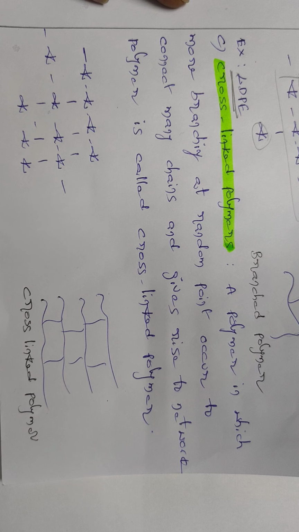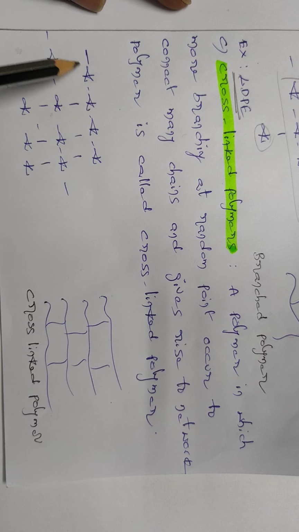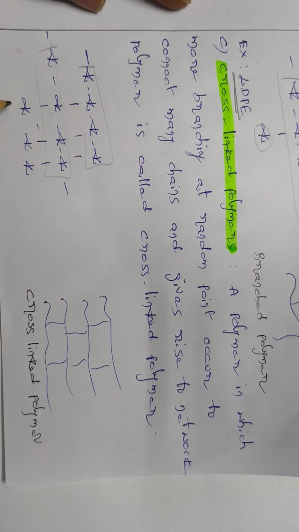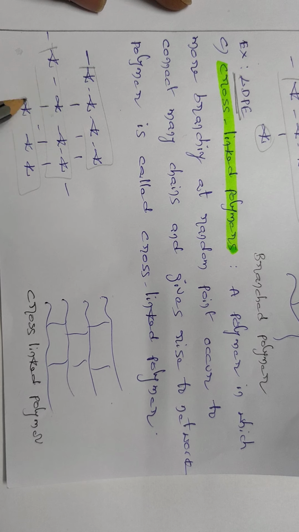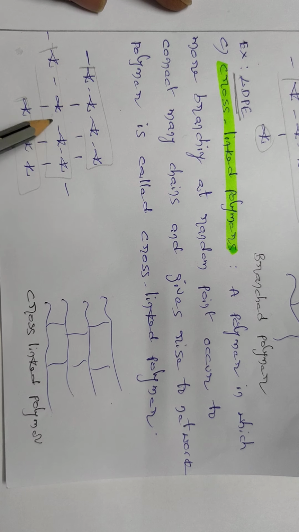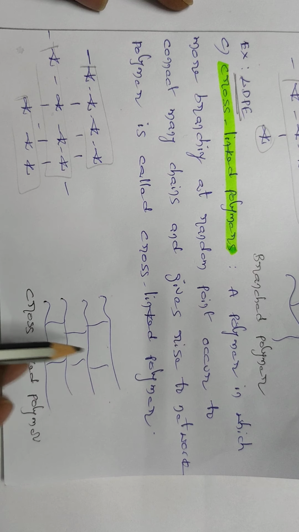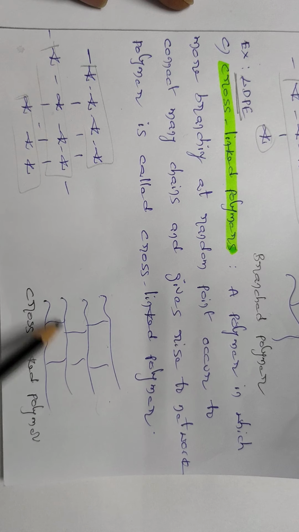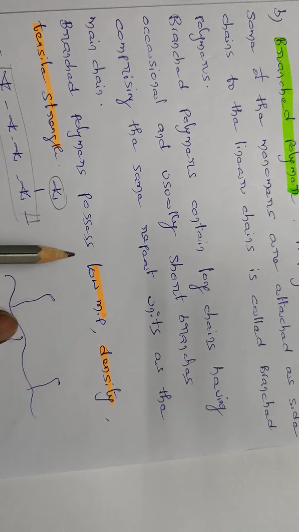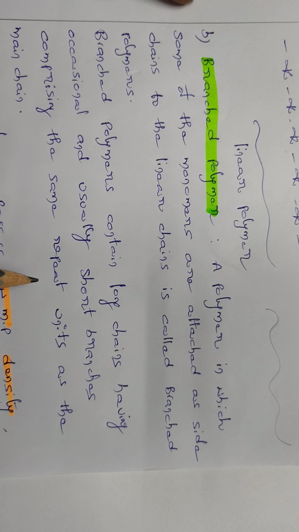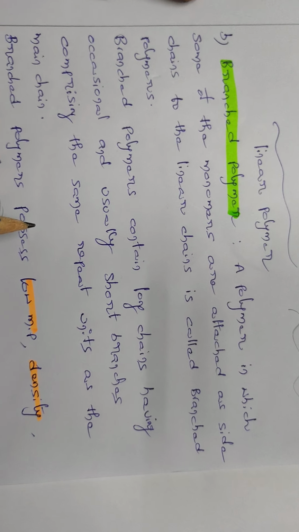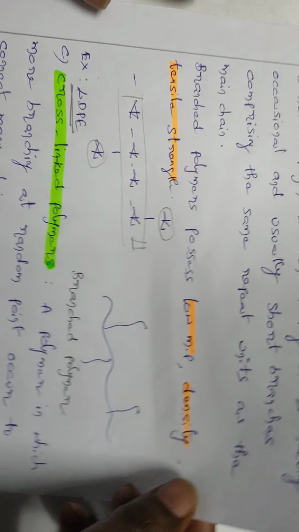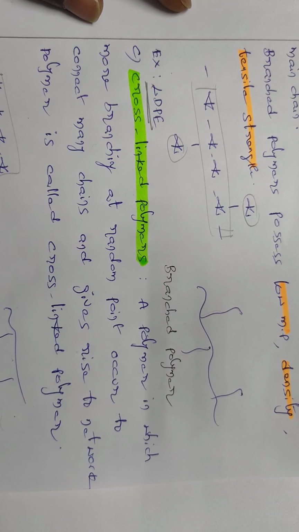If you observe here, so many branches; it is a straight chain, it is a straight chain, it is a straight chain. These all are again interlinked with other monomers. That means here we can observe so many branches at random points. When we view with an ultra microscope, the polymeric structure appears like this. It is a cross-linked polymer. So based on the chain structure, polymers are classified as linear polymers, branched polymers, and cross-linked polymers.